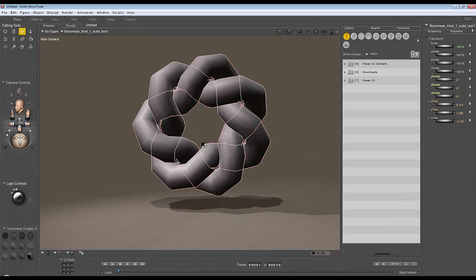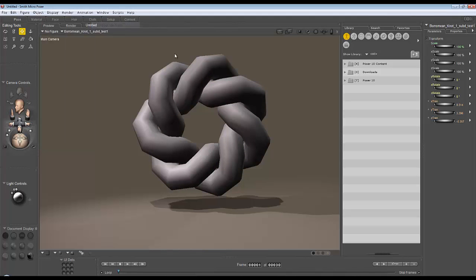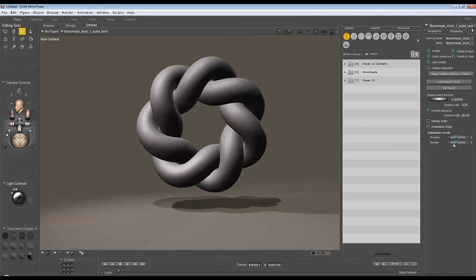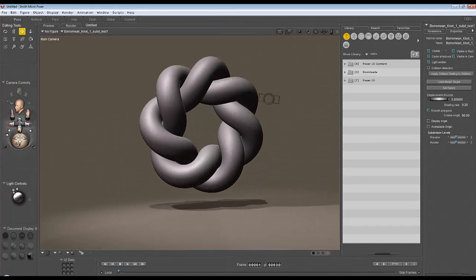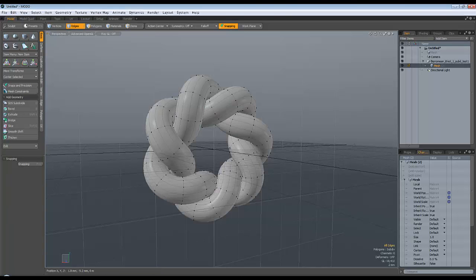So this, you can see, is looking quite crude, but if we go to, and this may seem odd, select it, Figure and Skinning Method, and move it to Poser Unimesh, and then you go to the Properties, then we have the option here to set the subdivision level. So that's where that's hidden in Poser 10. That's just the version I've got here. So that is the way that I have uncovered so far of taking a model intended for this form of